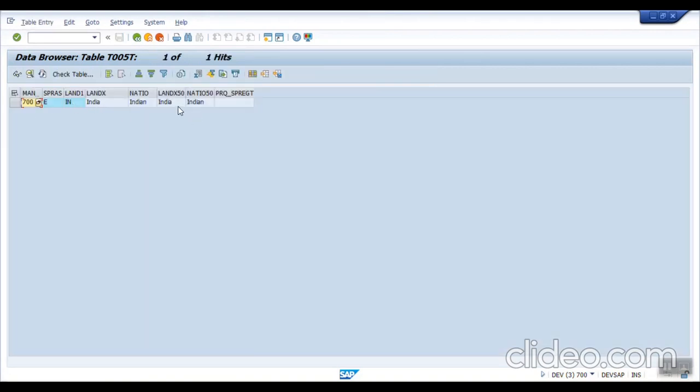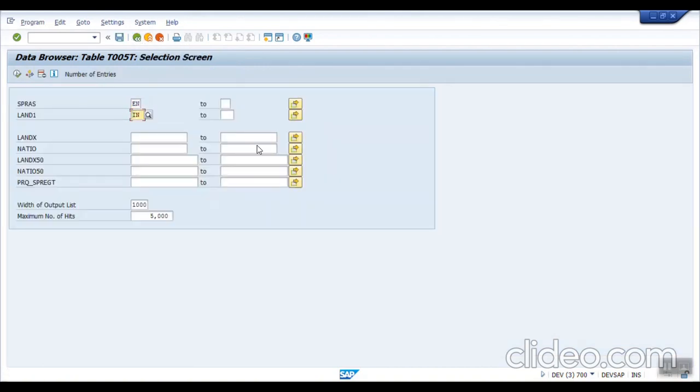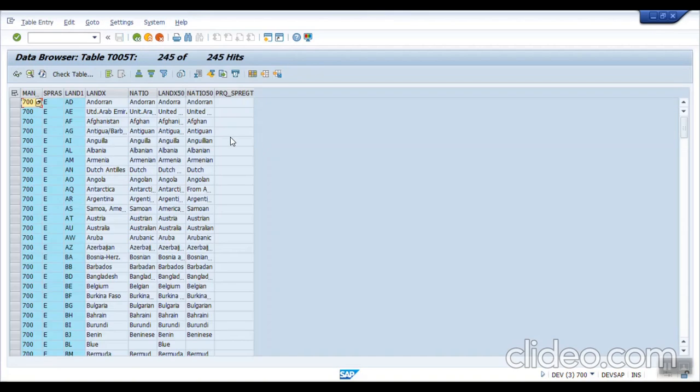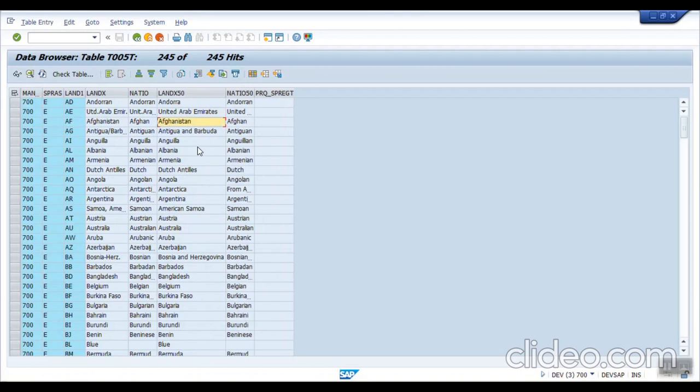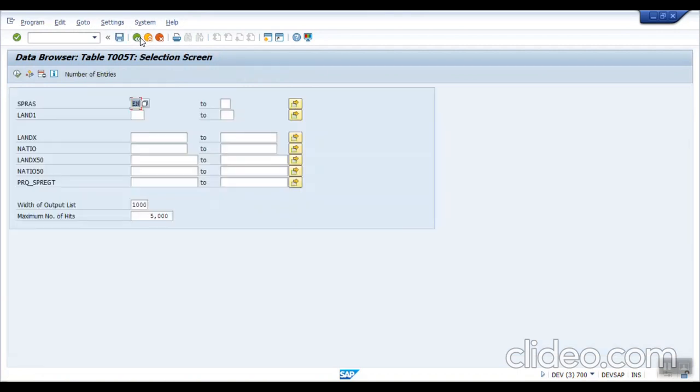From here we will select this land X50 field. If you want to see all the values, just remove this IN. So we can see different country IDs, and based on the country ID we want to fetch this value. Okay, this is about the country description.